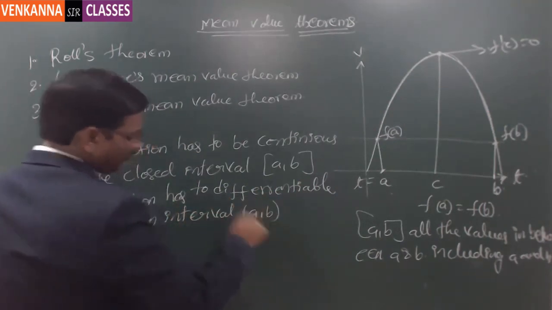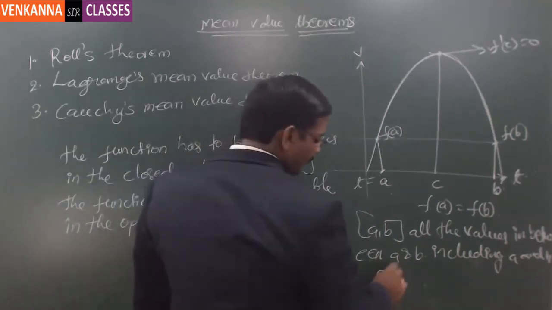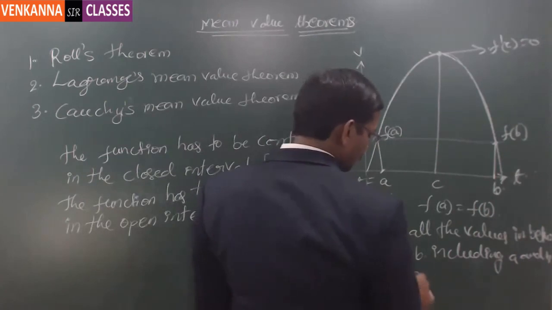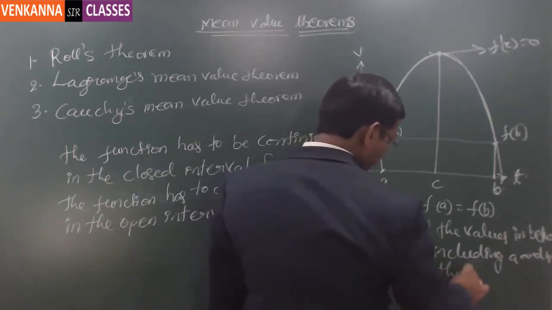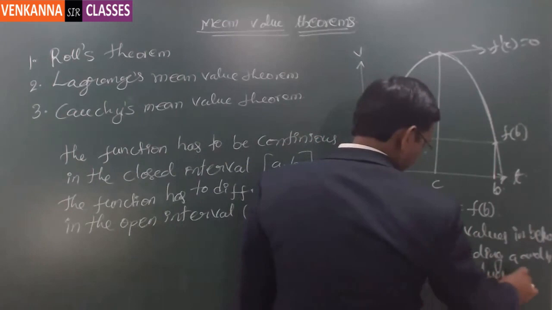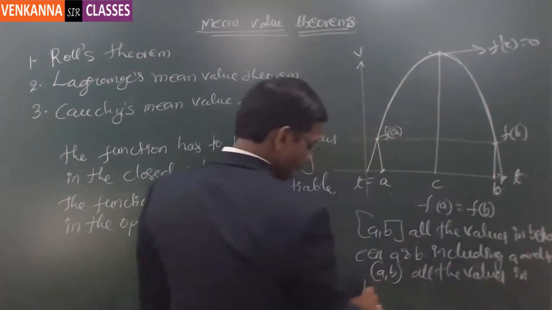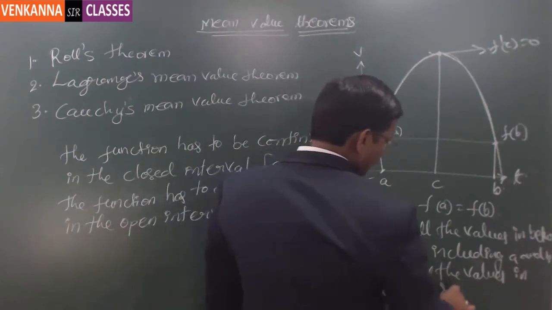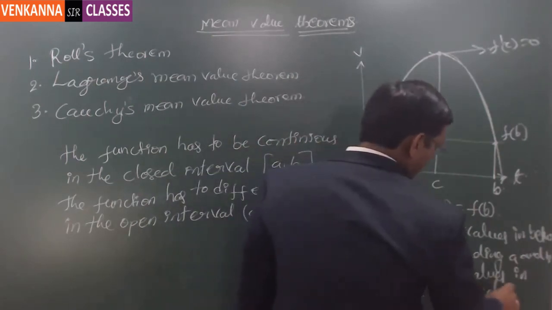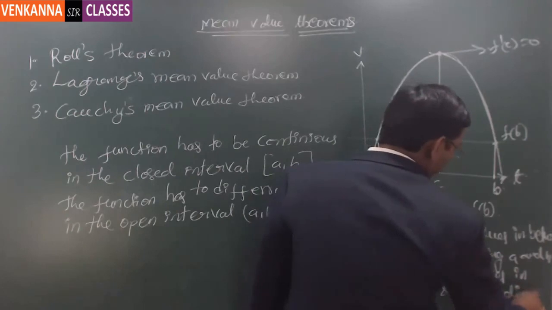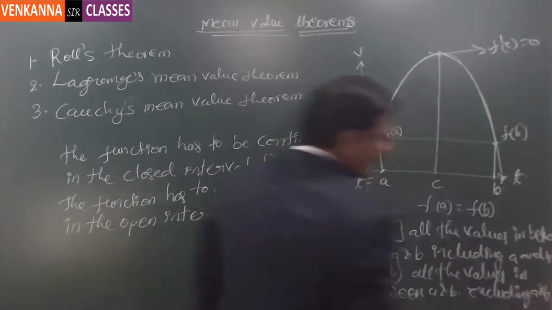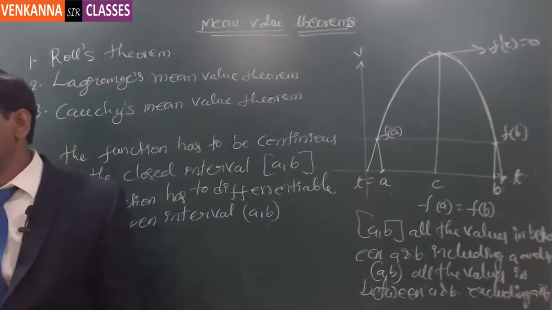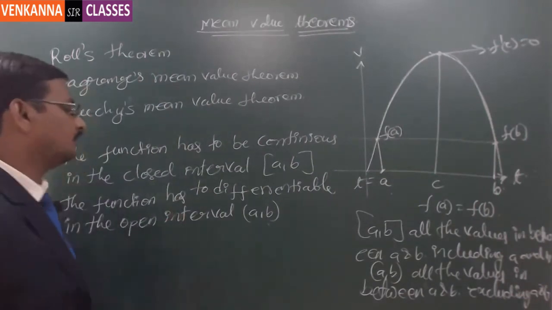The interval a comma b, open interval, we mean all the values in between a and b, excluding a and b. That's what we call an open interval. Now,